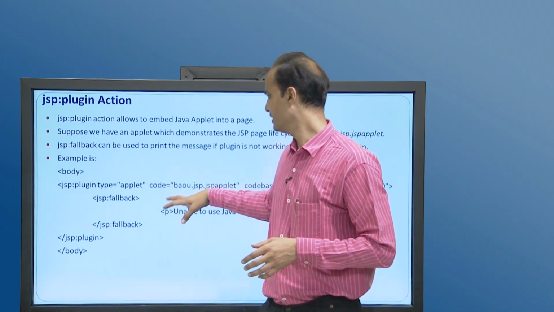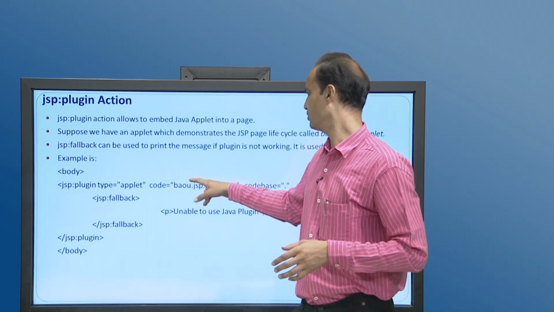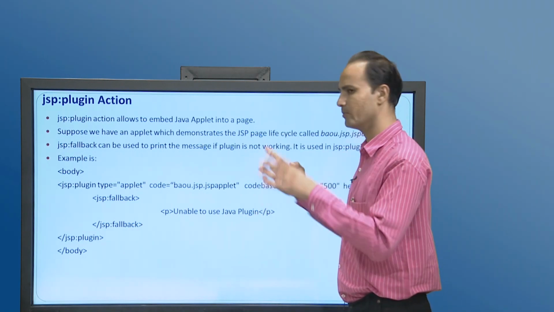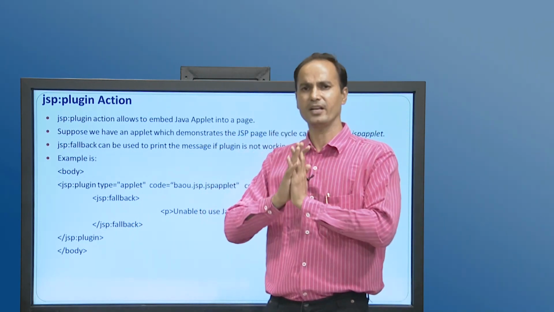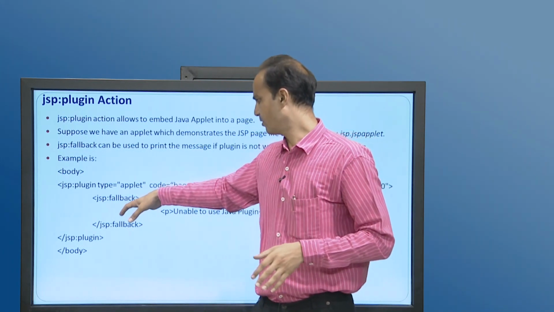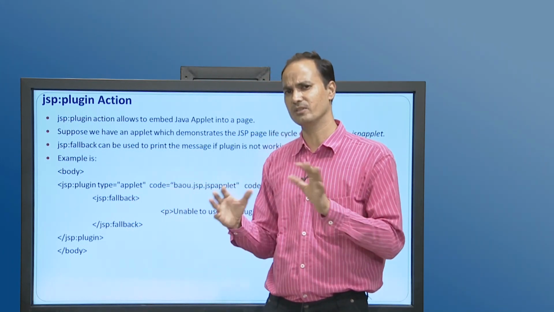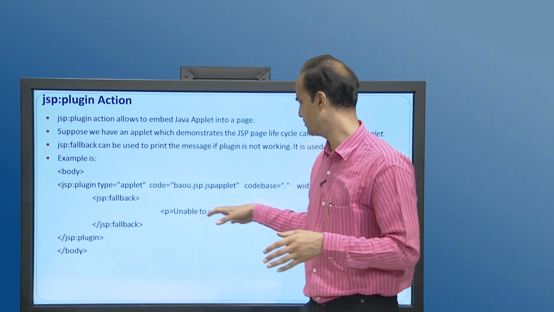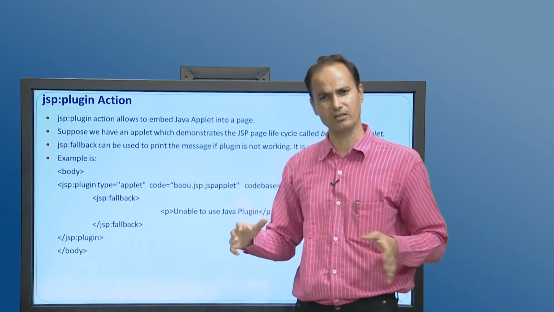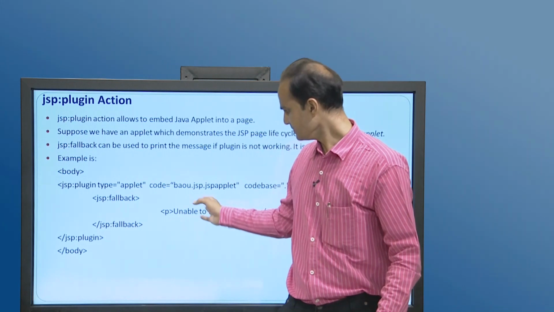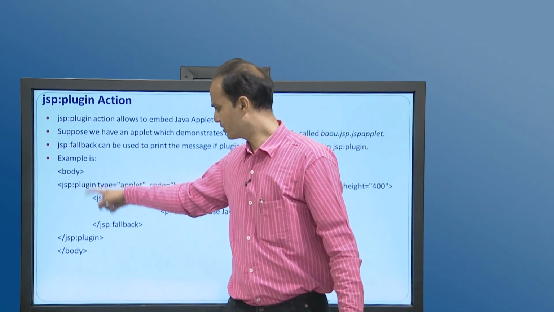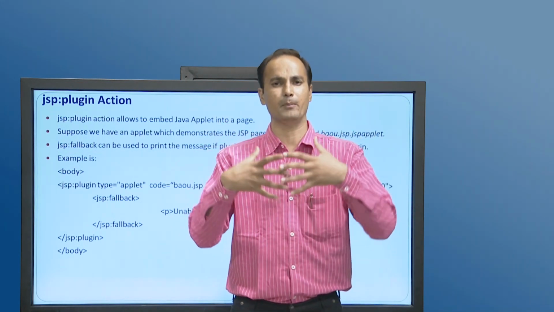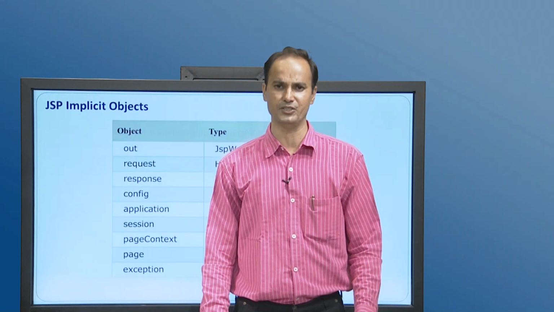So, we are writing applet, the code where the applet is and how you embed it, codebase, the path that you want to specify, and the width and height of the particular control that you want to embed in your JSP file. Then fallback is used as a standard action. If something unexpected happens, such as the plugin not being supported, then a message will be displayed that this is not supported or not going to play. So, fallback is closed, and then the standard action plugin is closed. So, the jsp:plugin standard action helps us to embed applet kind of controls into a JSP page.